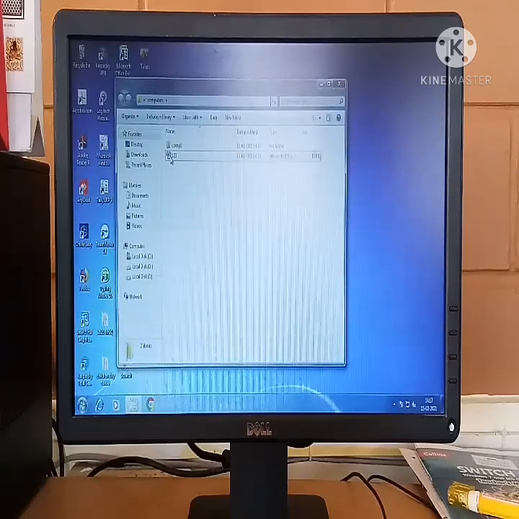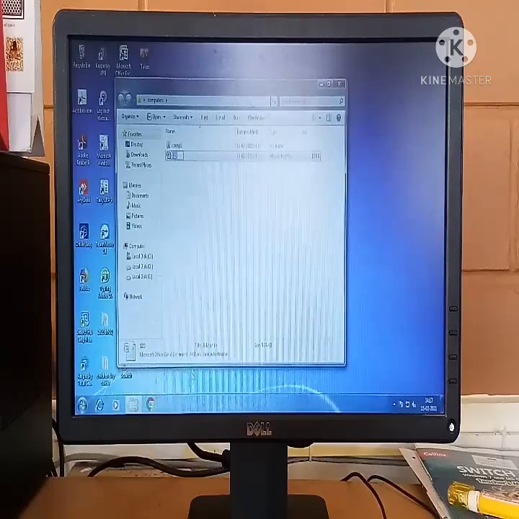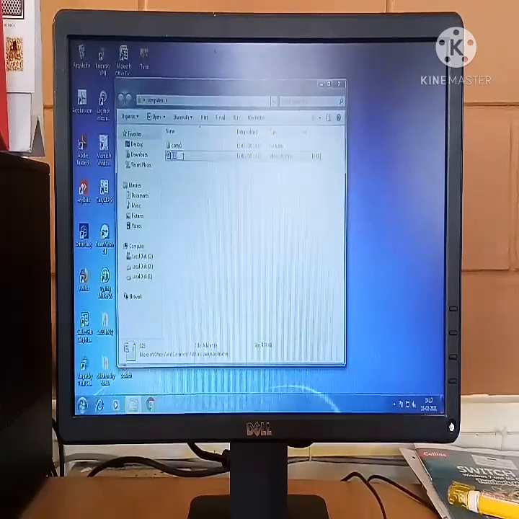You have to place your cursor on the file, right click from your mouse, and you get this pop-up menu. From here, from down second option you have rename. Click on rename. It will allow you to type the name now. Instead of 123, let me give computer notes. Comp notes. Okay.